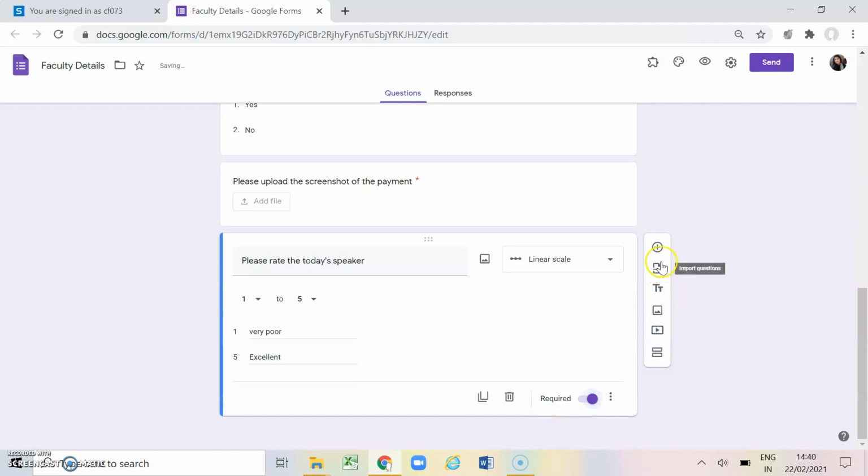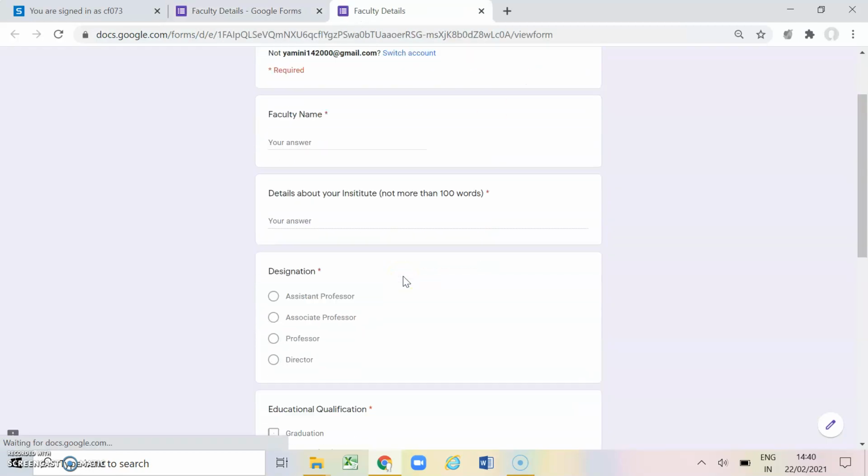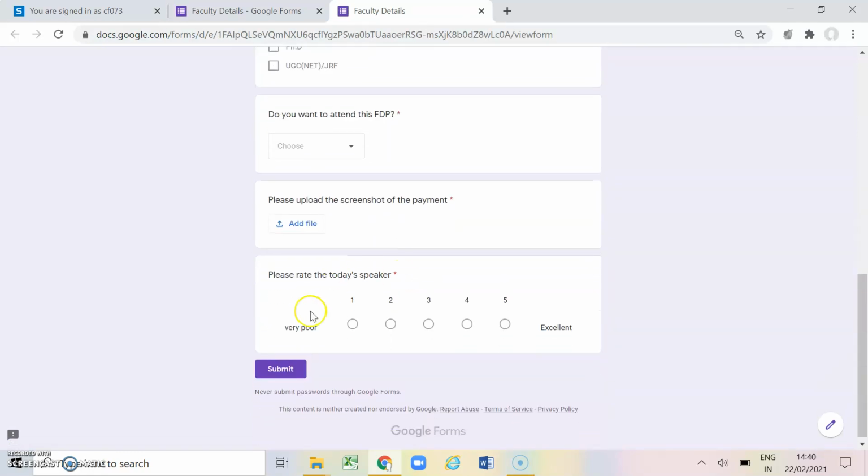Make it a required question, and in preview option, if you'll see, so very poor is represented by 1, and the moment you move from 1 to 5, it become your excellent. So you can choose any one of the options here.